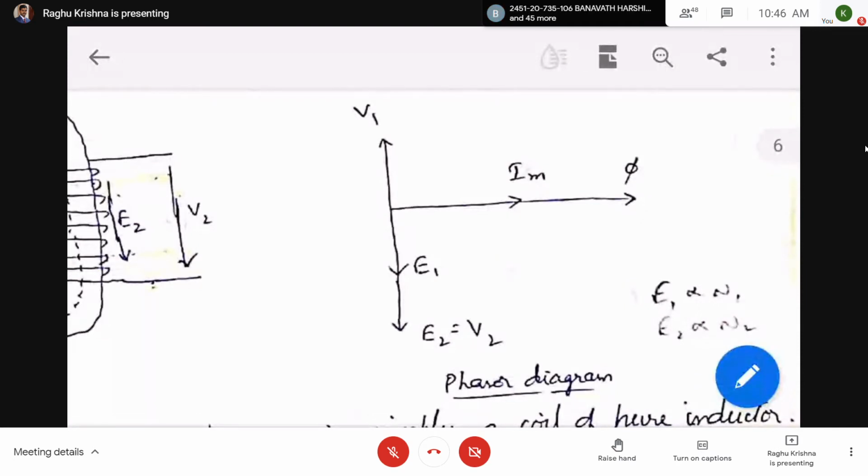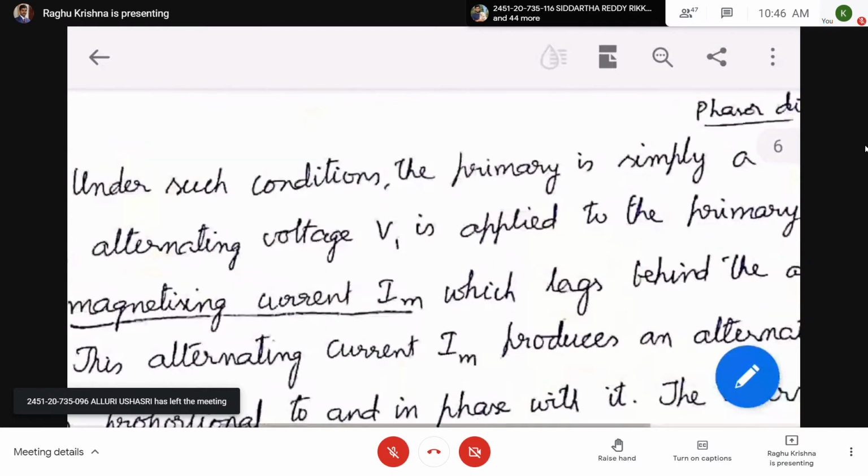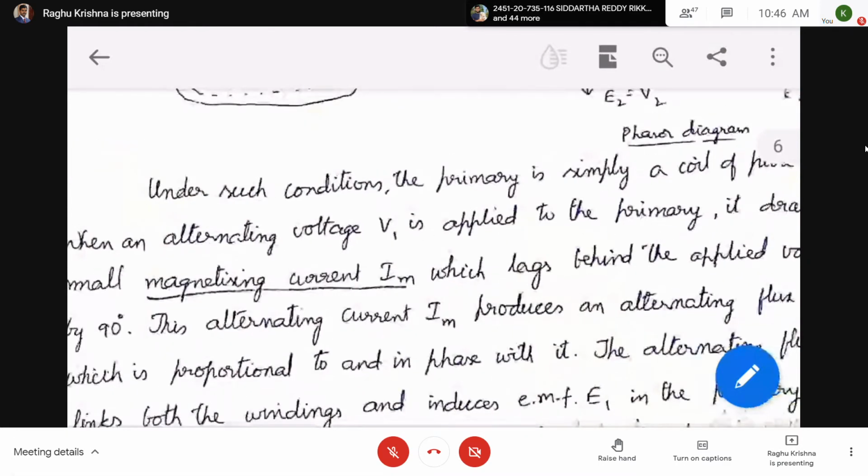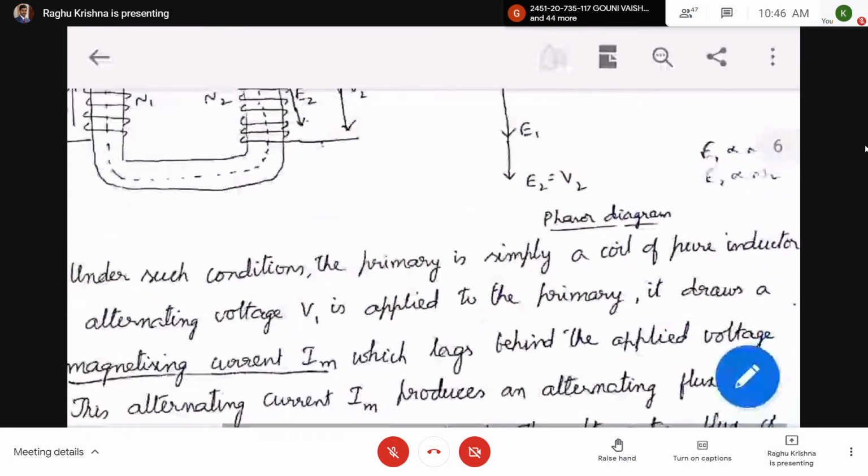So first I am going to consider an ideal transformer with Im. Then I am going to consider an ideal transformer with Im and also core losses and winding resistance and also leakage flux. I am going to consider one by one. So first I am considering only Im, ideal transformer with flux phi m. So here, first I consider magnetizing current Im, and I have drawn the phasor diagram.